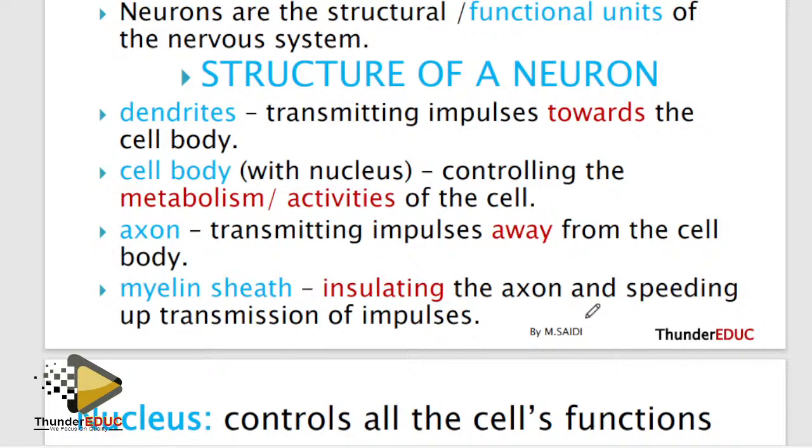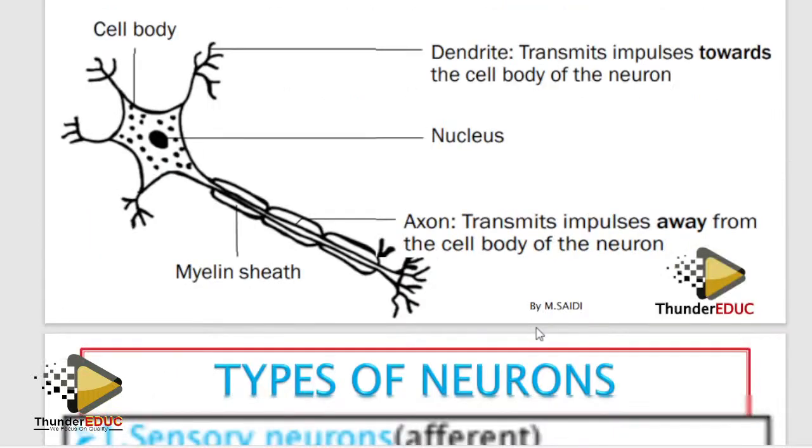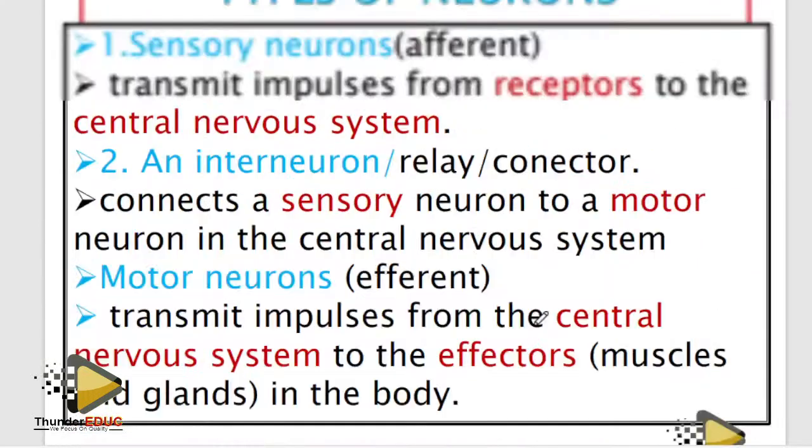But now, if you're using a sheath, it is easy. It is easy to touch the wire because it is protected. So basically, sheath is for protection, insulation. All right. So motor neuron, cool.